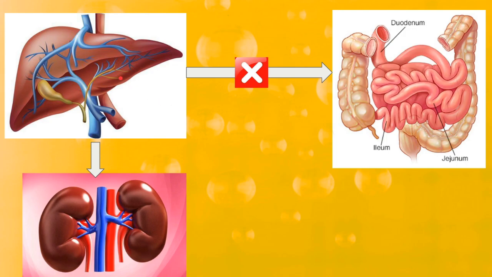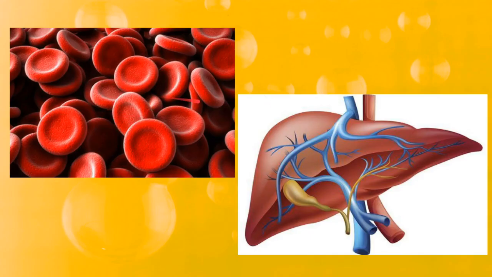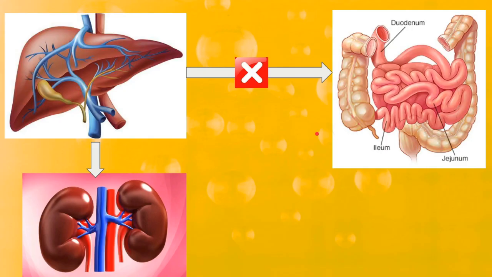Okay, normally everything happened till now. The hemolysis was normal, the liver was healthy, and the liver also conjugated the bilirubin. But the conjugated bilirubin is now not able to enter the gut because of the obstruction in the pathway. This obstruction can be caused by many reasons. The reason may be gallstone, cancer of the head of the pancreas, or even any kind of infection causing the obstruction in the pathway. So now the conjugated bilirubin is not able to enter the small intestine and large intestine. So what will happen?